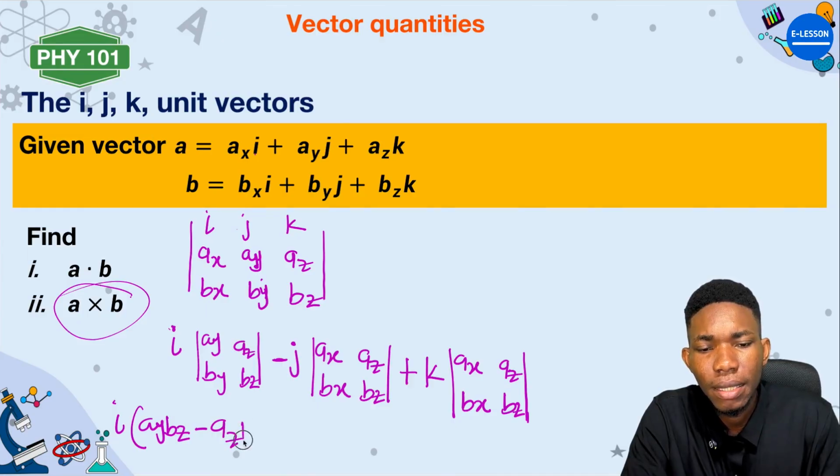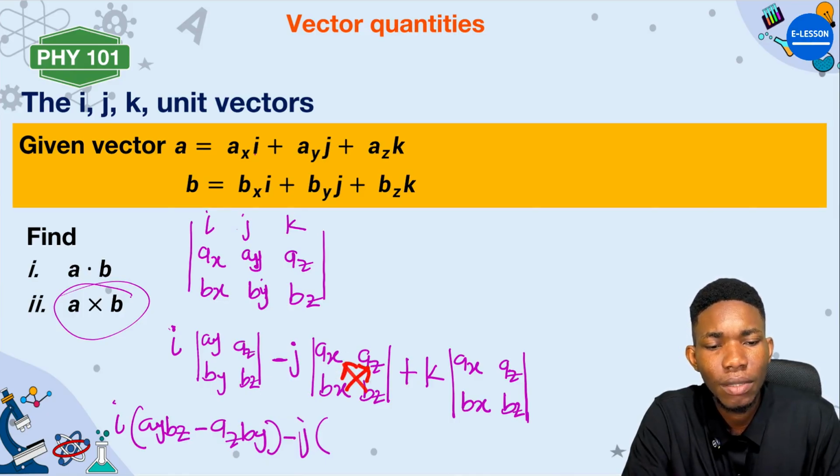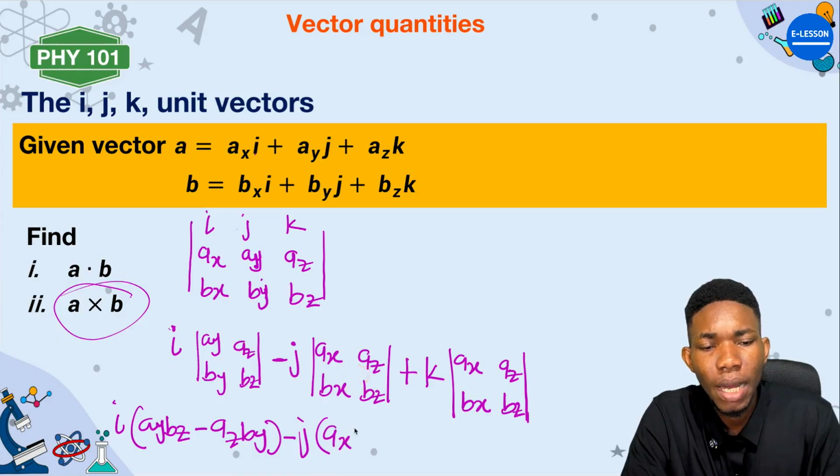Minus AZ BY. That means BY multiplied by AZ will give us AZ BY. Then minus that of J, the same thing. Use this to multiply this, subtract it from this and minus this. So AX and BZ, when you multiply, this will give us AX BZ minus what? This one, use it to multiply this. Are you getting it? Which of course will give us what, my dear student? AZBX